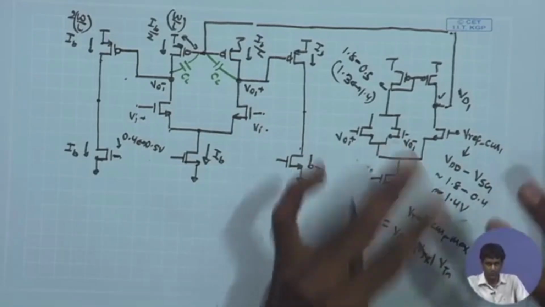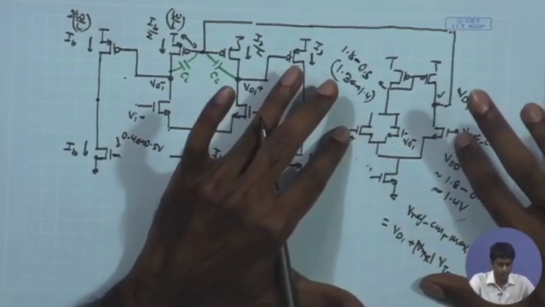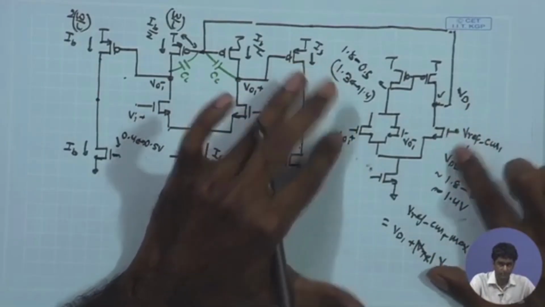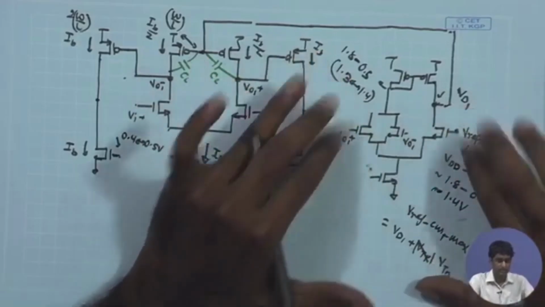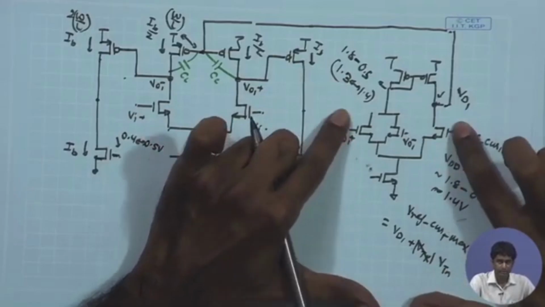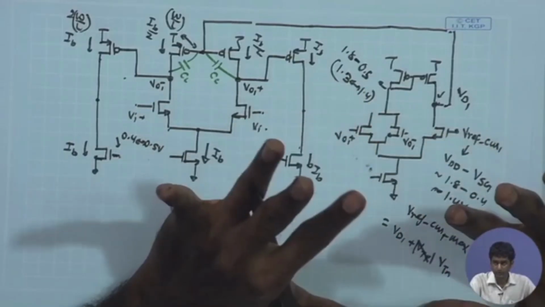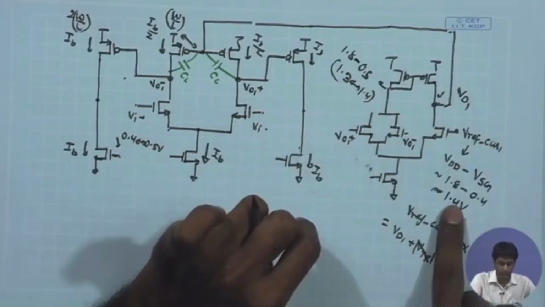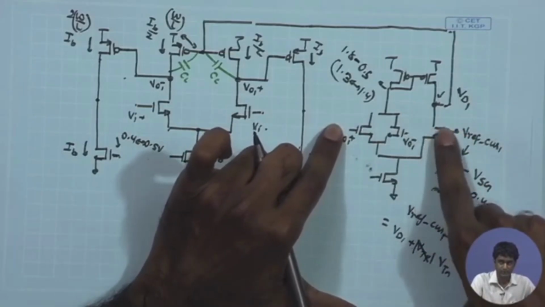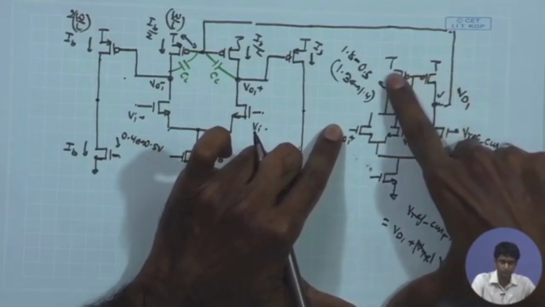So, it can go very close to Vdd, the input allowed level or the maximum Vref Cm level can go all the way to Vdd. So, that is not a problem. Having a higher required Vcm is not a problem for the input device over here. So, even if it is 1.4, it is not going to bring this transistor into trouble, or the PMOS also into trouble, because